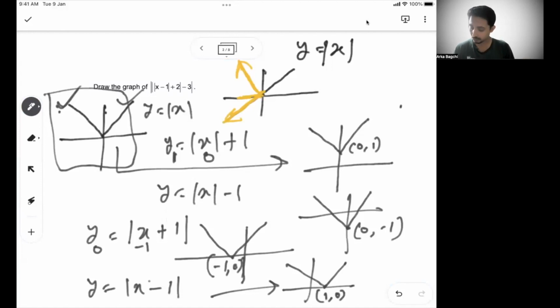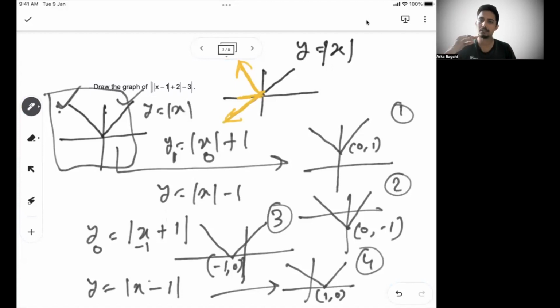So these are the four variations that we can see coming out of the base graph. A quick recap on what we did. If it is y equal to mod x, and 1 is added outside the mod, it will go up. If a constant is subtracted, if 1 is subtracted, it will come down by 1 unit. If within mod 1 is added, it goes to the left. Within mod 1 is subtracted, it goes to the right. Don't try to memorize this, but try to see logically how it is happening, and form one idea or mental map on that, but don't try to mug up right away.